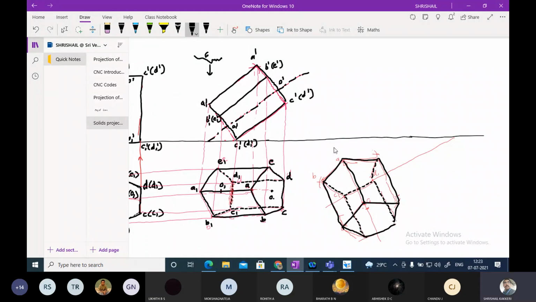Okay, so this is point A1, and this will be B1, C1, D1, E1. So similarly, it will be E, and this will be D, and this will be A, and this will be B, and this will be C. And up to here, we are going to extend it. You can see this. This is point O, and the other point you can show here.